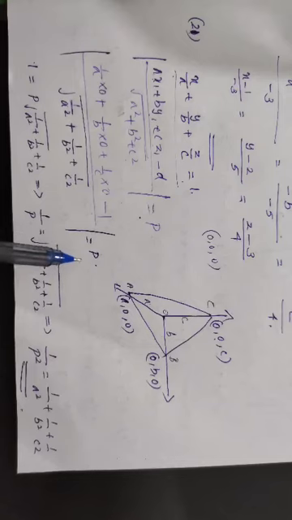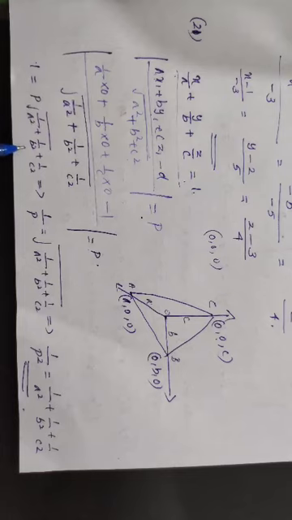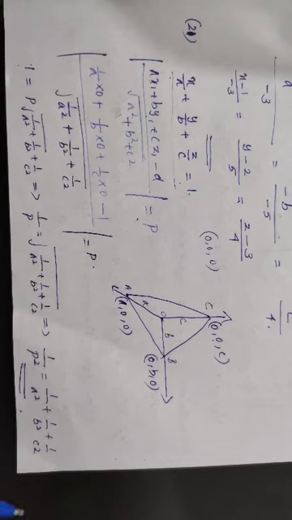The distance is given as p. These three terms get cancelled, and the modulus of negative becomes positive. By cross multiplying we can write 1 equal to p into root of 1/a square plus 1/b square plus 1/c square. Or transposing p to the left side, 1/p equal to root of 1/a square plus 1/b square plus 1/c square. To cancel the radical, we square both sides. Then we get the equation 1/p square equal to 1/a square plus 1/b square plus 1/c square. Please do the similar questions of this exercise. Okay, thank you.